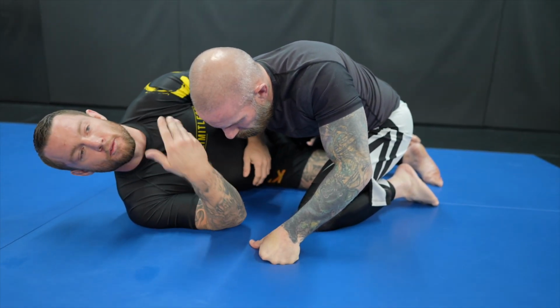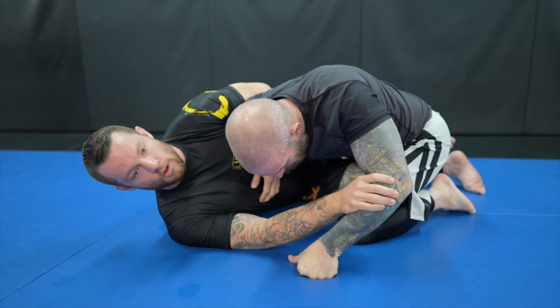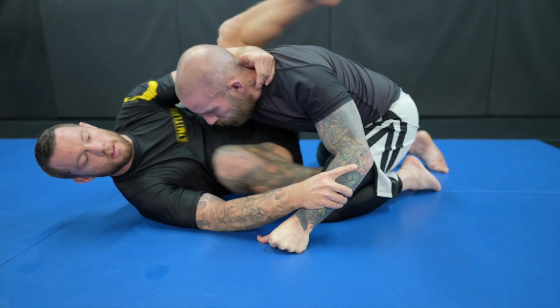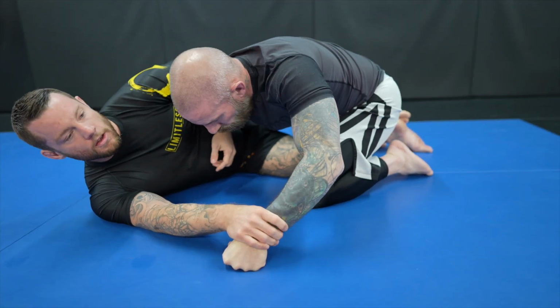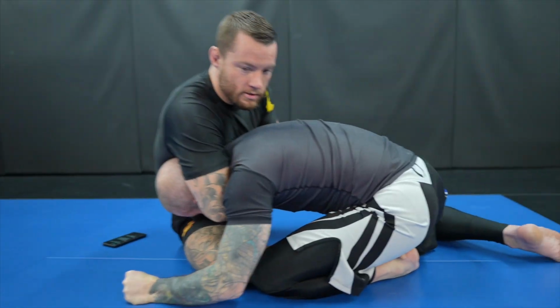You know, the overhook's good because they can't punch you, right? Try to punch me, right? Exactly. So the overhook's gonna be really good in that situation. And you just have to develop a good overhook guard. You can start working omoplatas or triangles, or you can work your half guard, butterfly with your overhook, or start working guillotines